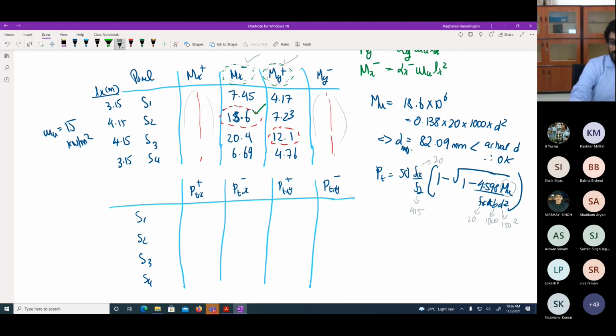Let's not do everything, we don't have time. Let's just find out the reinforcement required for this and this alone. Similarly, you will have to find out for each of them, and then you'll use the governing reinforcement, the maximum among all these cases. Anyway, I'll come to that. For now, just find out this value of Pt and this value of Pt.